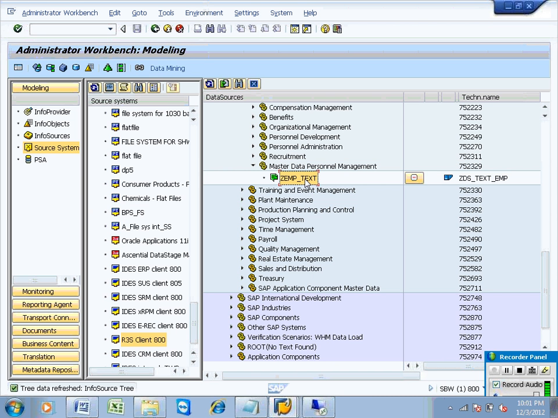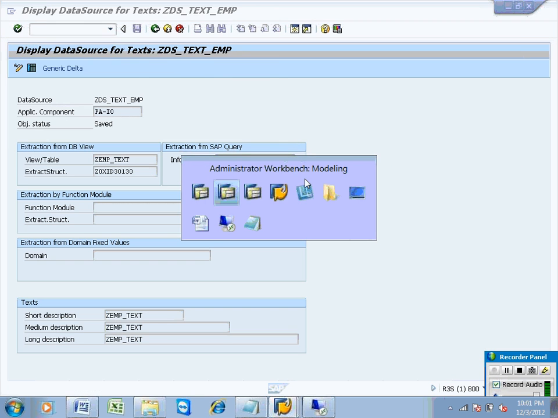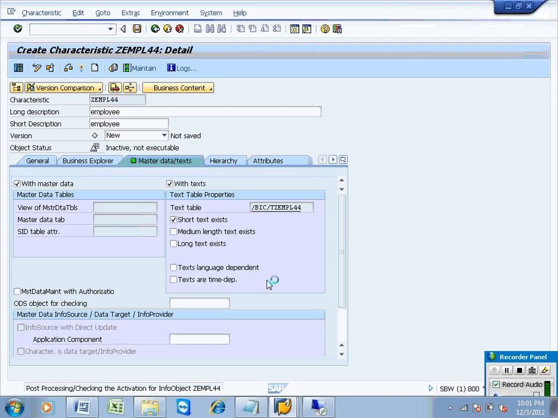Now the data source is executed into the AWS file. Okay, you need to wait until that info object is created. It is creating.